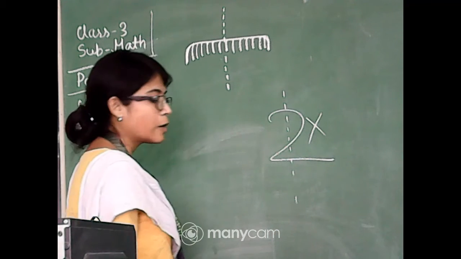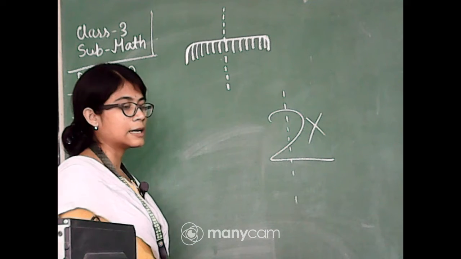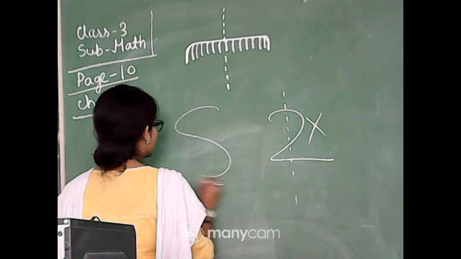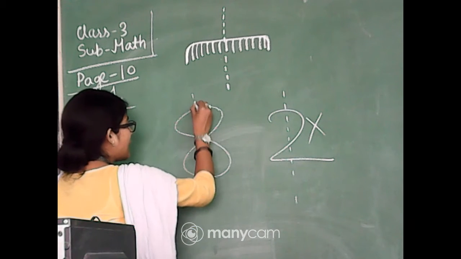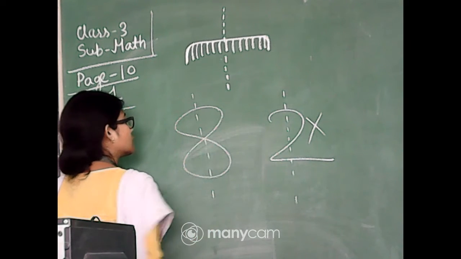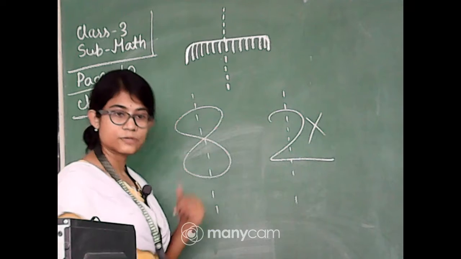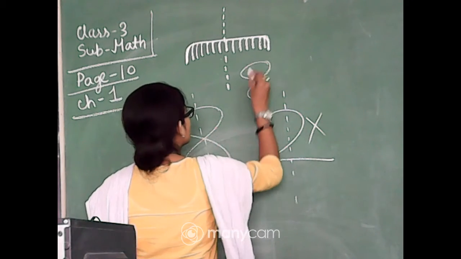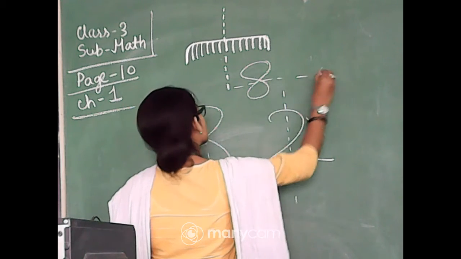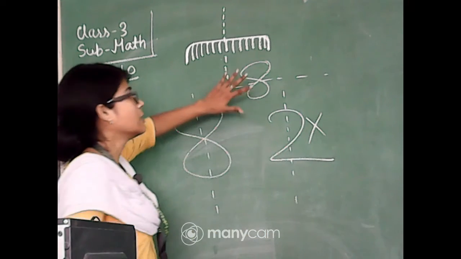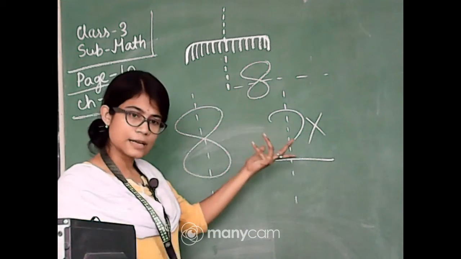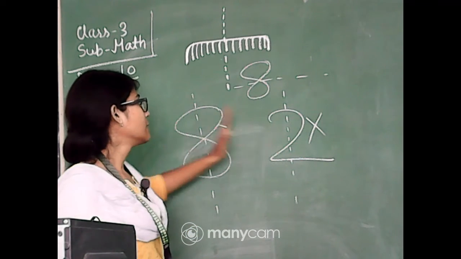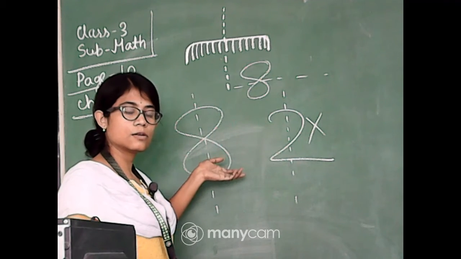And also you can divide it horizontally, like 8, one number is 8 there. So you can divide the 8 like this by using a dotted line. Yes, it's absolutely correct. And also if you want, you can divide 8 like this also. Like this horizontally, this side and this side, both sides look the same, upper part and lower part. And here also left side and right side, both look the same.